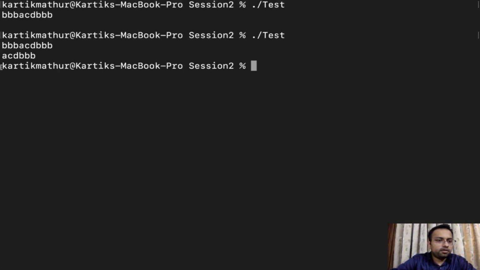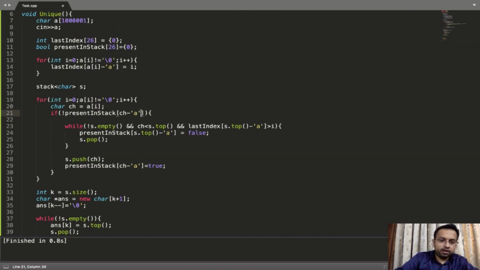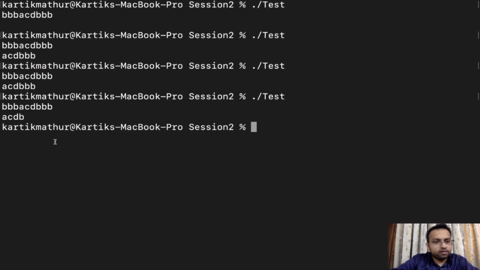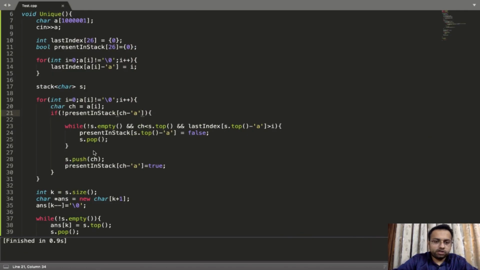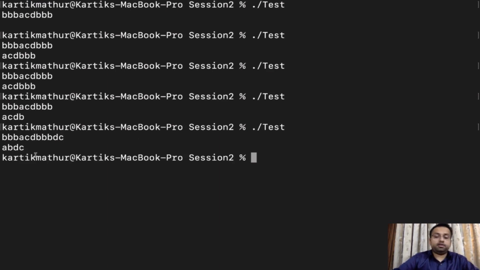So you can see we are getting a wrong output. So this will be minus a, right? So we have made this mistake. So yeah, you can see this is working absolutely fine. We can do it for the string that we were looking at right now. So it will be the string with c, d, c. So this is giving a, b, d, c. So this is giving us the correct answer.